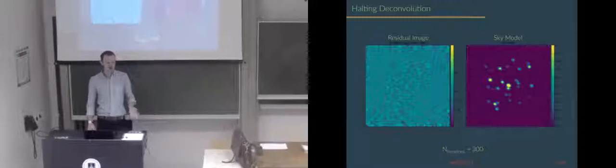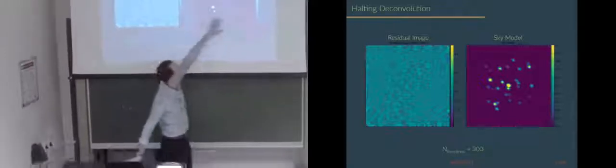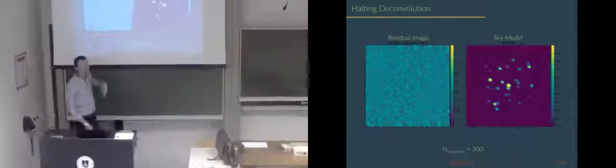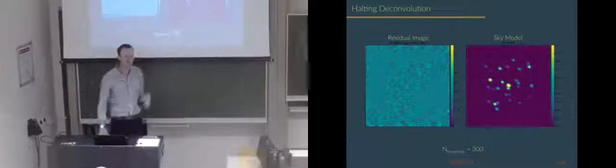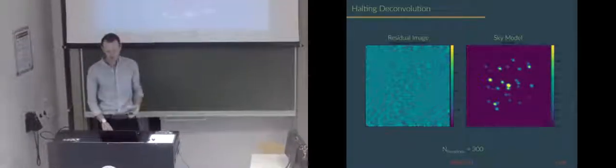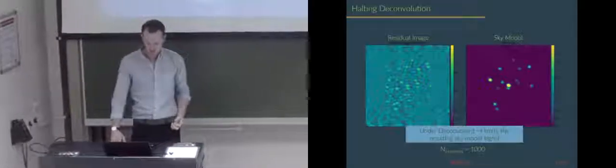There's not really an answer to that, unfortunately. What you can do is you can go, well, these point sources kind of happened in the mid-region and then didn't really show up on the edges, so maybe everything here is noise, and so I can say, well, what's the noise of this? And if the noise in that central region is similar to the noise on the edges, that's probably a reasonable place to say stop.